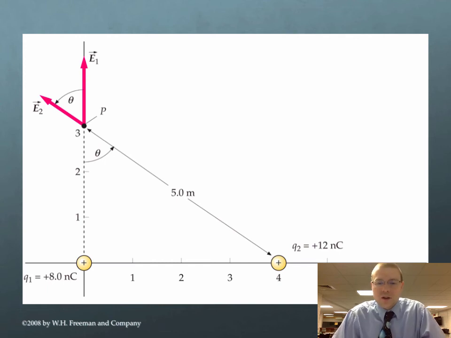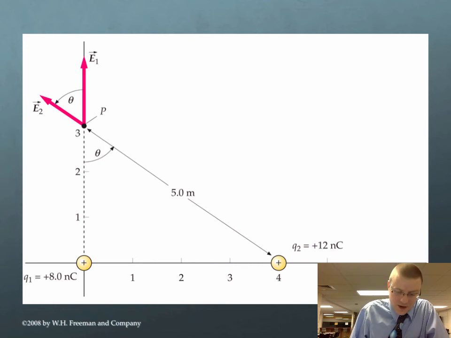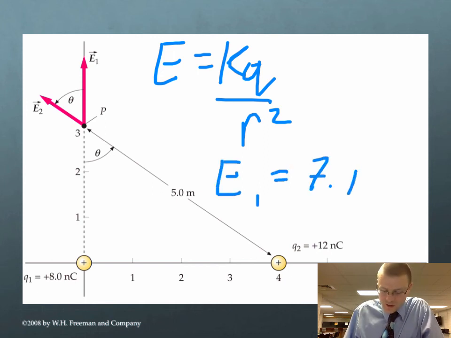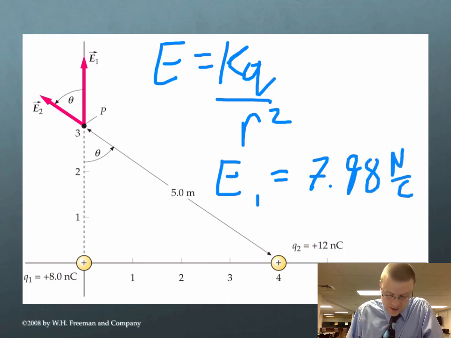What happens when we pick a location that's not along the x-axis? Picking that location 3 meters above those two charges. Well, nothing's going to change here. To calculate electric field strength, you're going to do kQ over r squared for each charge. Once you've got the magnitudes of those vectors, then you need to break them up into its components and solve for the net electric field. I'll give you what electric field 1 and electric field 2 equal. Electric field 1 is 798 newtons per coulomb upwards. Electric field 2 is